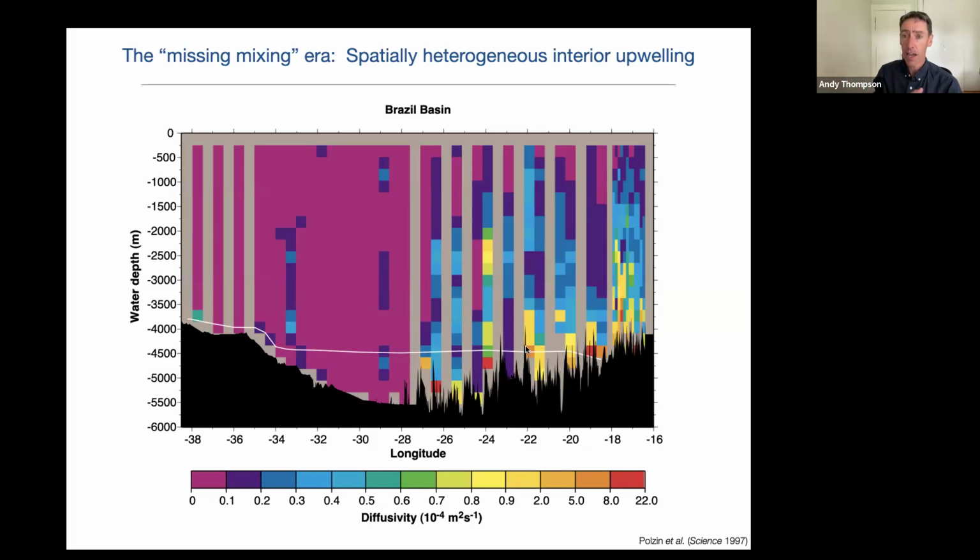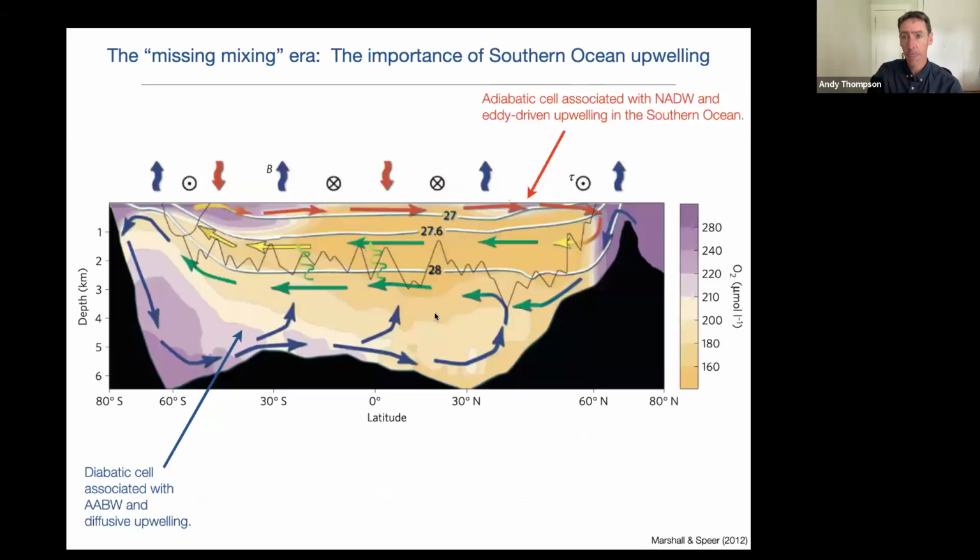But along with this, at the same time, there was a second explanation for why we didn't need as much mixing in the interior to this upwelling. And that was the importance of the Southern Ocean. And in particular, this idea that water masses that were in the deep ocean could come into the Southern Ocean, where you had these very strong tilting density surfaces, and they could move up along those density surfaces to the sea surface without having to move across the stratification.